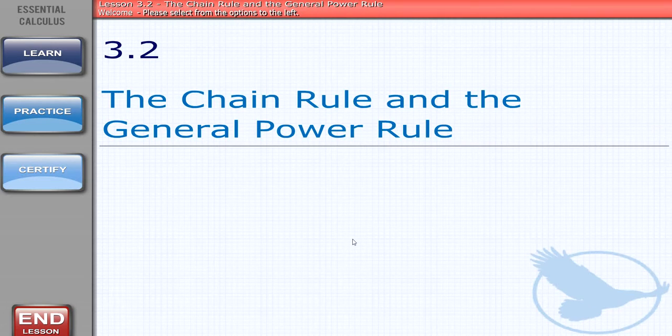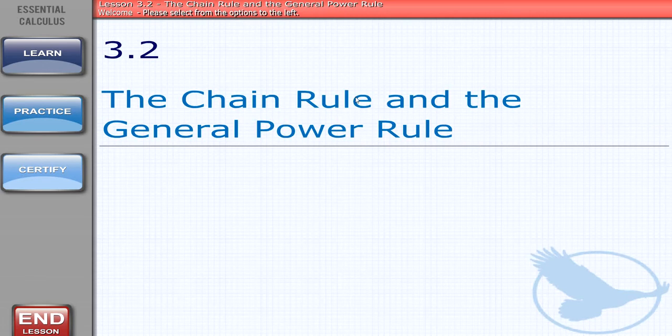Everyone, the next section is section 3.2, the chain rule and general power rule. The general power rule is actually a specific case of the chain rule. You need the formal chain rule if we had what we call transcendental functions like trig functions, sine, cosine, those sorts of things. But since we don't do any of that in BCal, it's not necessary. We can focus on just the general power rule. This will be how you work all your derivatives in this section.